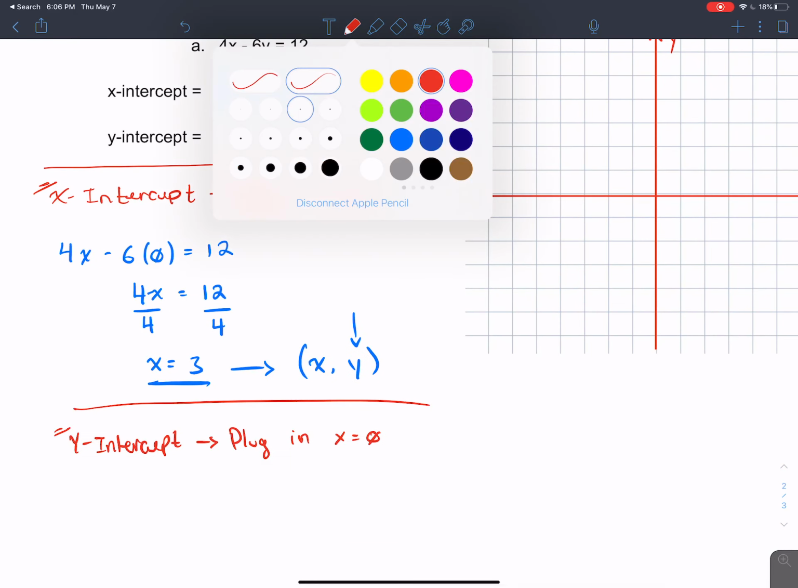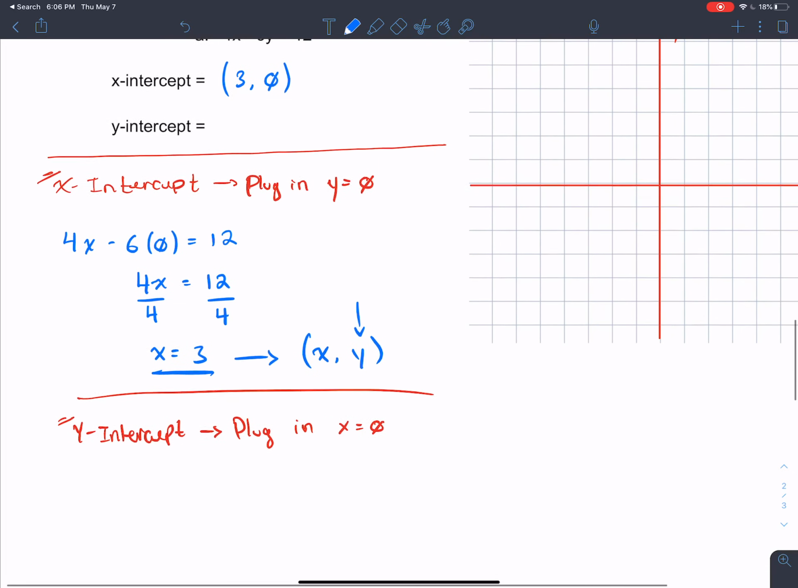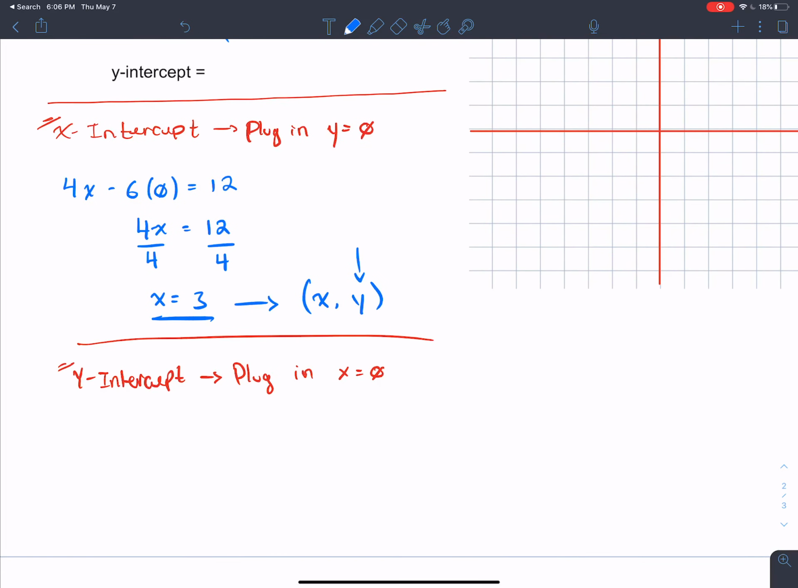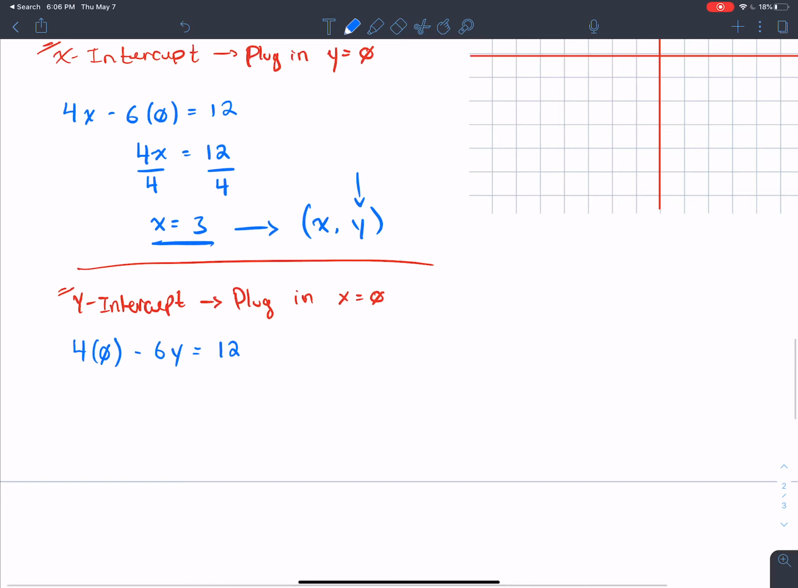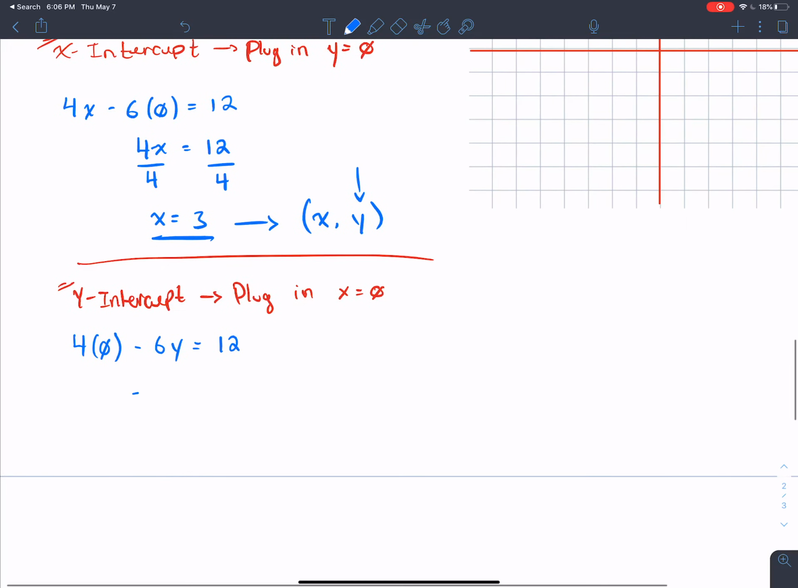Let's switch back to our blue color. And we got 4x minus 6y, but instead of 4x, I'm going to plug in 0 minus 6y equals 12. Okay. 4 times 0, that's just 0. But we need to remember to keep that negative 6 there, right? That negative 6y equals 12. Well,